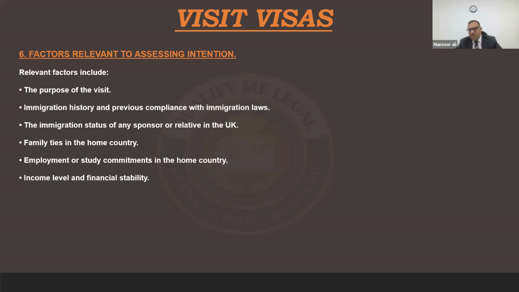I'm going to explain to you again. You need to provide a bank statement. You need to provide a sponsor declaration. You need to inform about the intention of your visit. What's the purpose of your visit? You need to inform in detail all these things through the documents, and you need to inform the Home Office through a representation letter in the additional column. It's up to you to satisfy the Home Office about all these criteria, which I explained to you in detail.